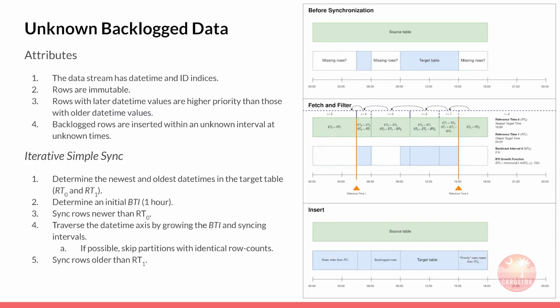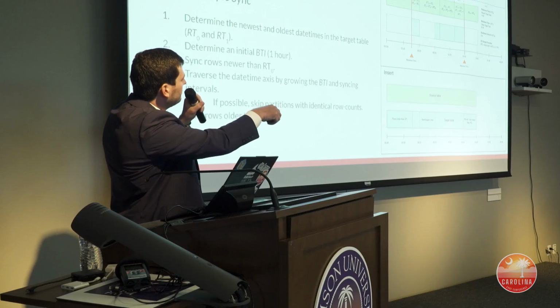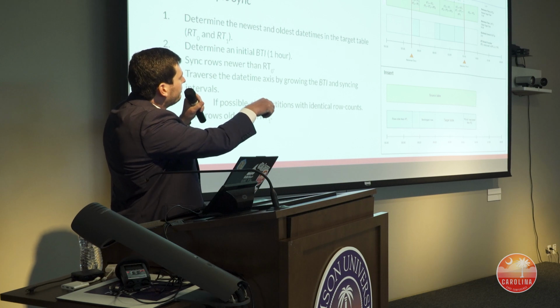In the wild, you'll often know that your target is out of sync, but not know where those intervals are. So in that case, we have to iterate across the entire datetime axis. One practical way we can do this is a simple iterative backtrack. We determine the oldest known target time and the newest known target time, so two references, and we split up our